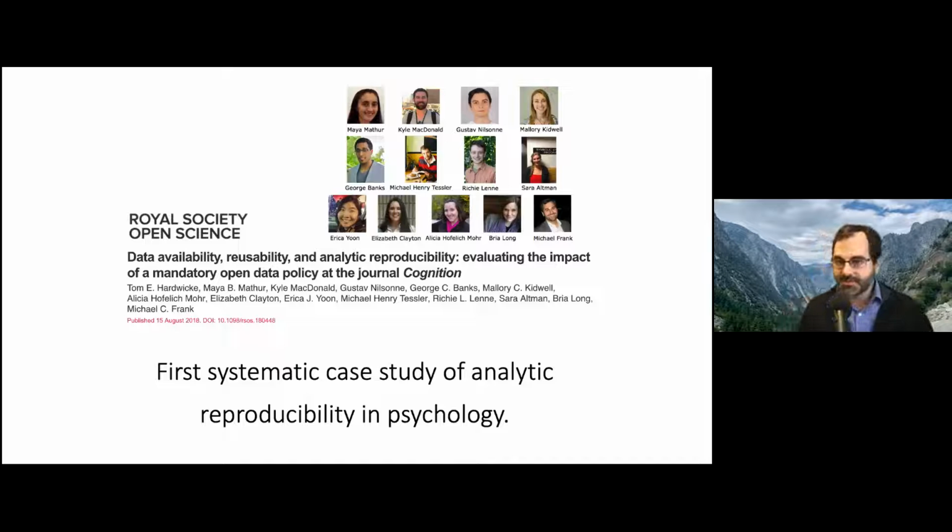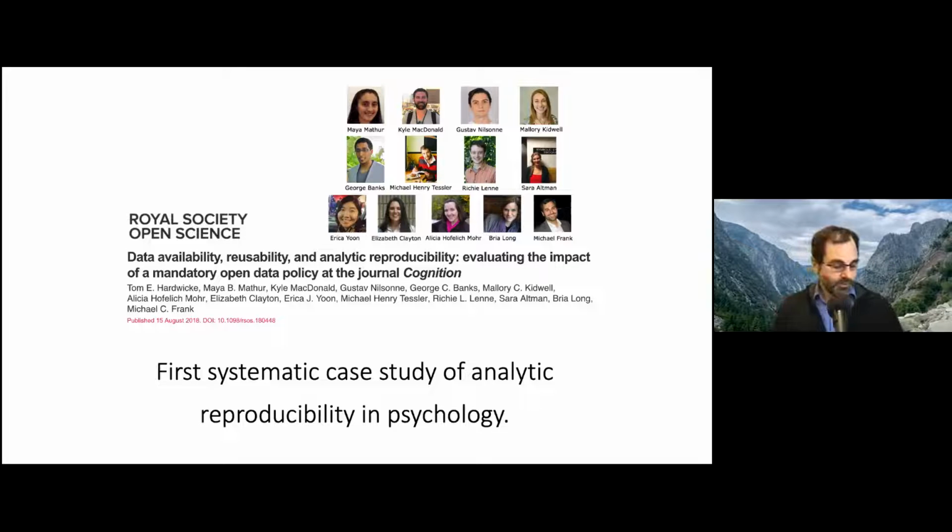Now, let me say here that this effort was led by Tom, but a wide variety of folks took part in this study, including Maya and many other folks, some of whom were at Stanford at the time, others of whom heard the bat signal and came and joined in and took part in our attempts to code articles and to do analytic reproducibility attempts. So this was a ton of work. Tom really did a huge amount of work coordinating this project. And the result is a case study of analytic reproducibility in psychology around a policy intervention. So Tom started to look at the literature on policy interventions to try to understand ways that we might really get a sense of the effect of the policy on the behavior.